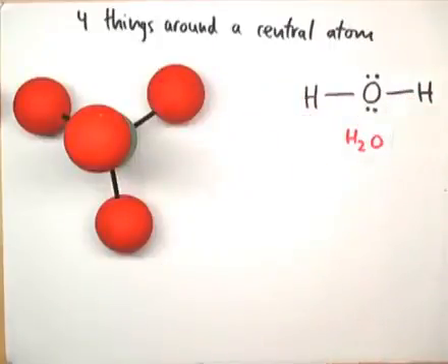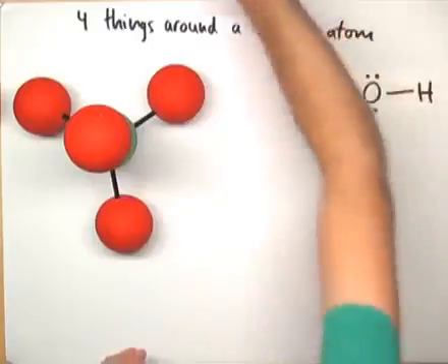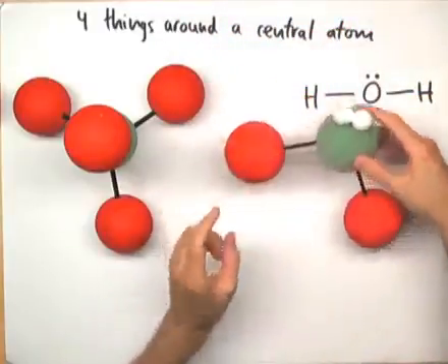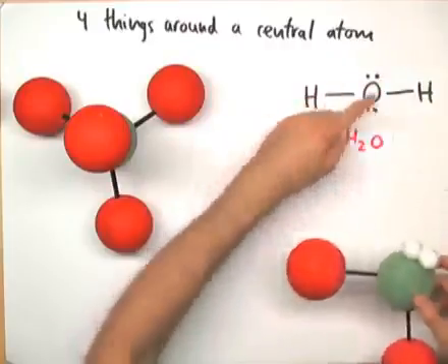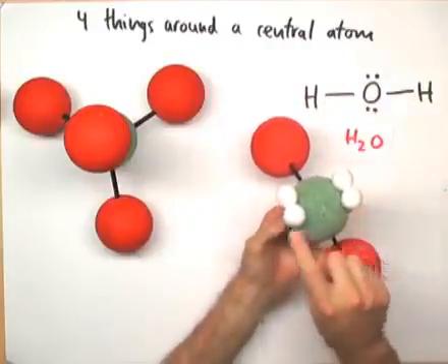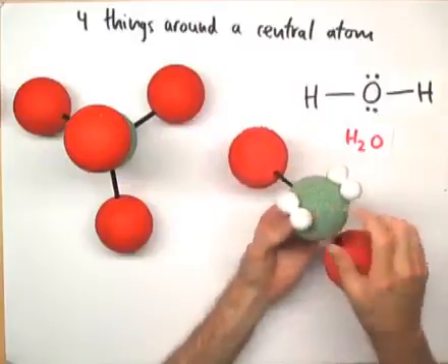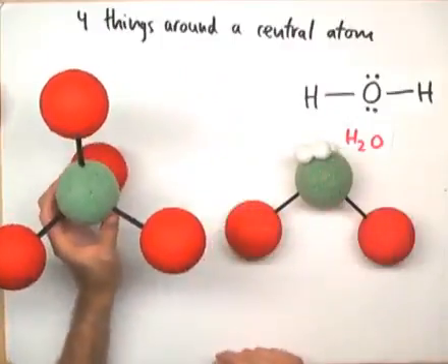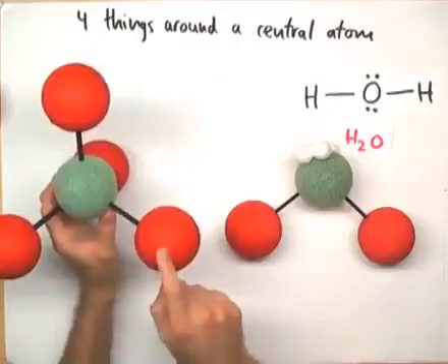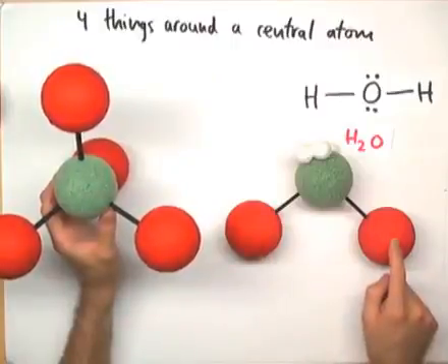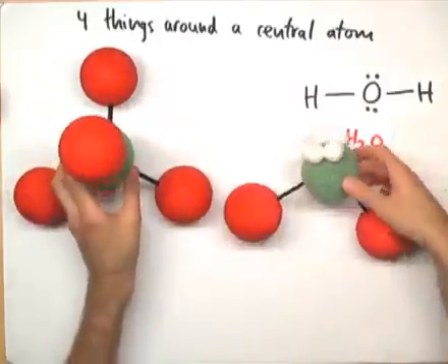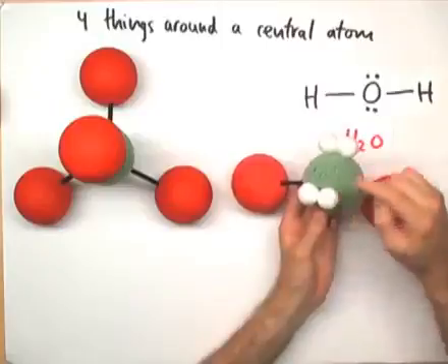The other 2 are lone electron pairs. So that means I'm going to end up with a shape like this. I've got my 2 atoms down here, hydrogen and hydrogen, but then I've got my 2 lone electron pairs up here. Look at how this is similar to the tetrahedral molecule if I look at them from the side. I've got atom, atom, and atom, and atom. It's just these 2 atoms from the tetrahedral molecule have been replaced by these 2 lone electron pairs from